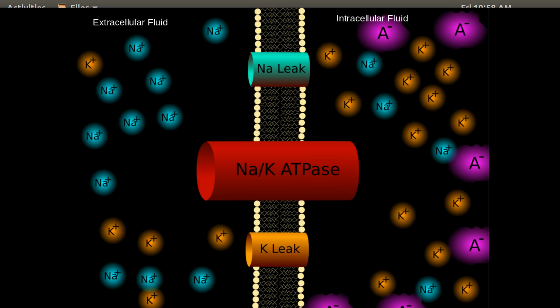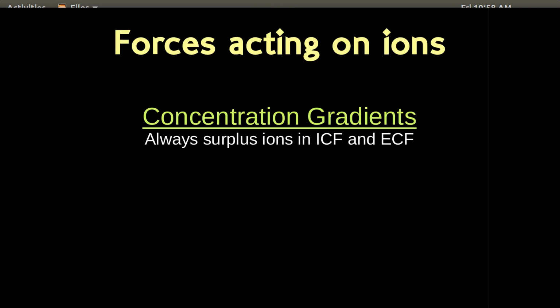Mostly what the sodium potassium ATPases are doing is setting up the large concentration gradients that we see between the sodium out here and the potassium in here. So the sodium potassium ATPase is driving those concentration differences. Okay, so we're starting to set this up. Let's just remind ourselves of the different forces that are going to be acting on these ions. We have concentration gradients,